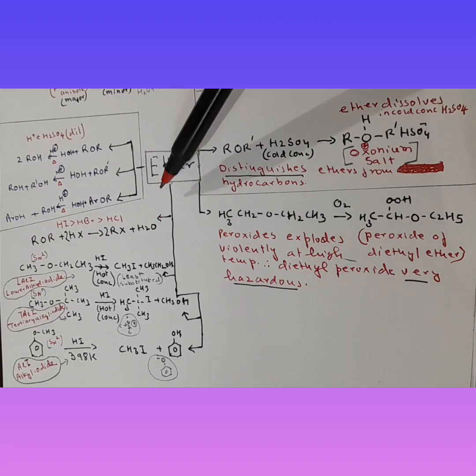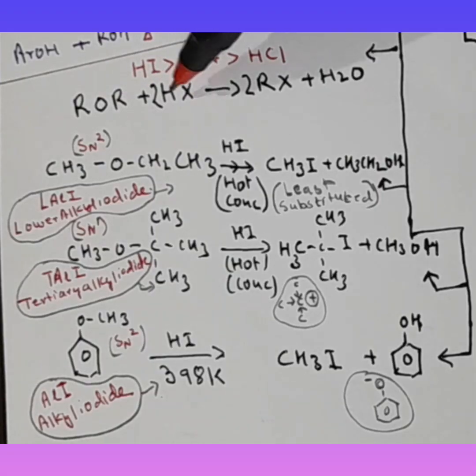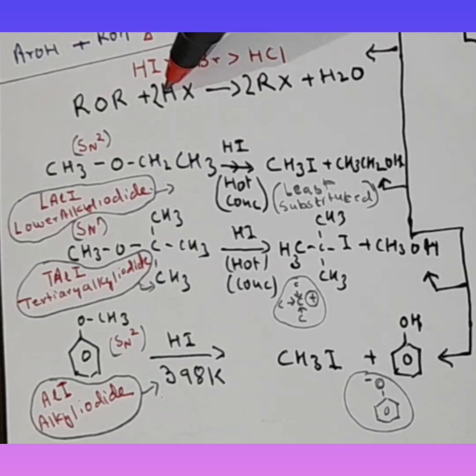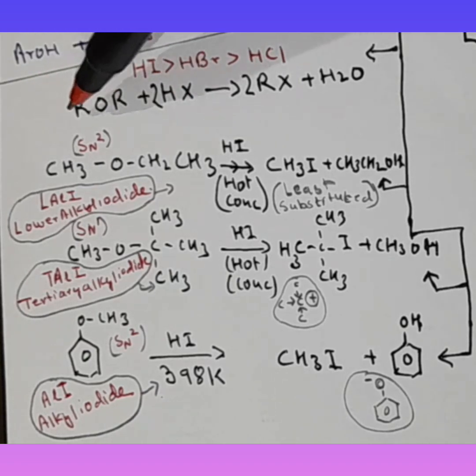Alright, now let's get into hydrohalogenation of ethers. In case of hydrohalogenation of ether, always keep one thing in mind, that HI is more reactive than HBr than HCl. If we react ether with HX, we end up with, now this is symmetric, so both